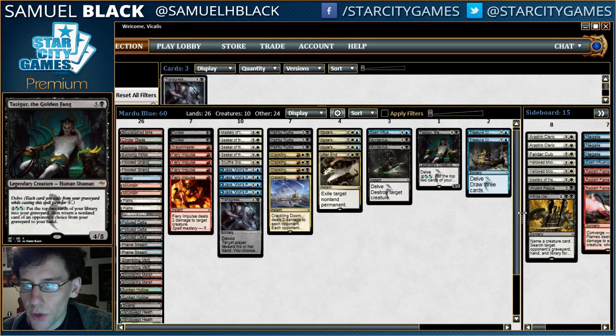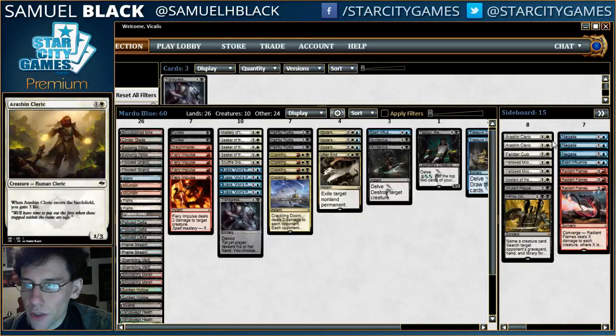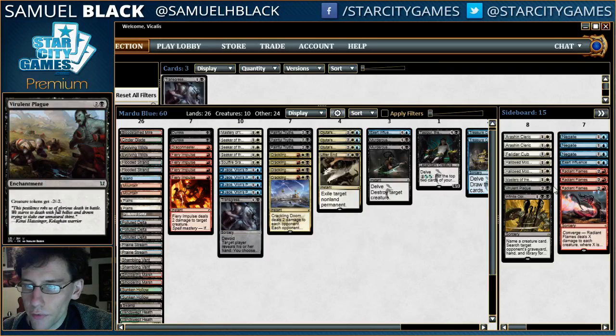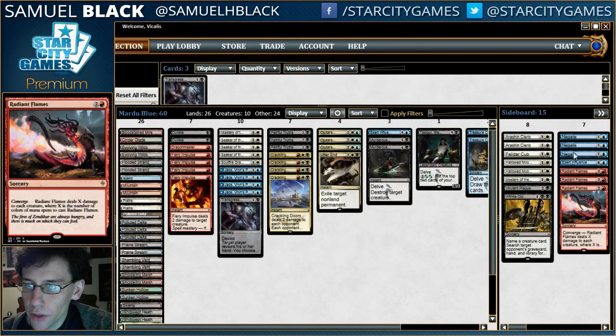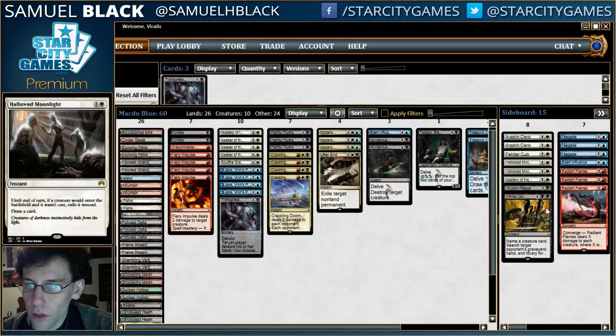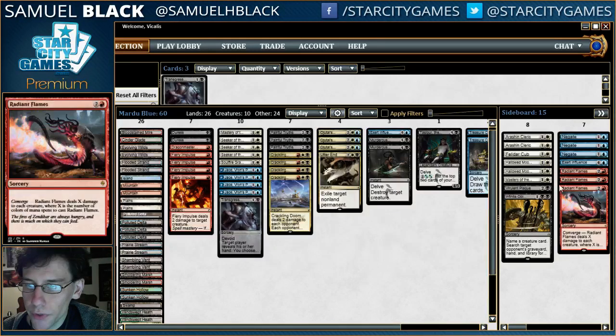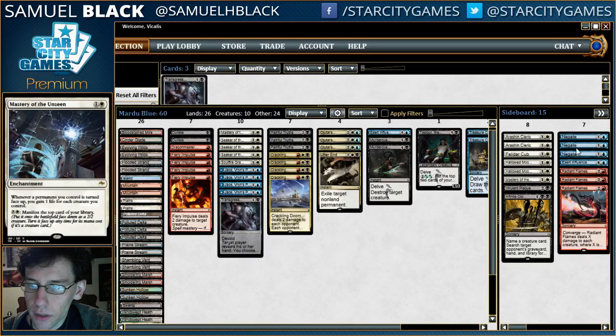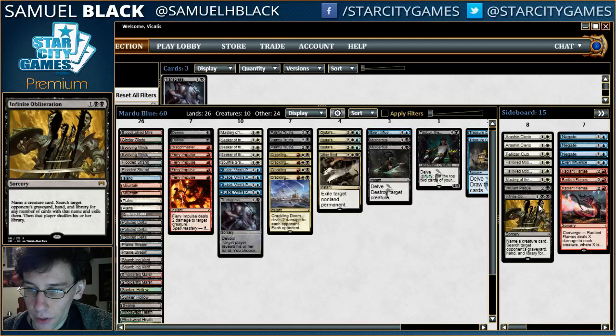And then my sideboard: 2 Rakshasa's Secret, 1 Felidar Cub, 2 Hallowed Moonlight, 1 Mastery of the Unseen, 1 Virulent Plague, 1 Infinite Obliteration, 3 Negate, 3 Radiant Flames, 1 Exert Influence. Basically against the small aggro decks, I have Radiant Flames and Rakshasa's Secret. Against white removal, I have Felidar Cub. I have Hallowed Moonlight and Infinite Obliteration against Rally, Hallowed Moonlight and Virulent Plague against tokens, and then Mastery of the Unseen and Negate, and sometimes Infinite Obliteration against control,